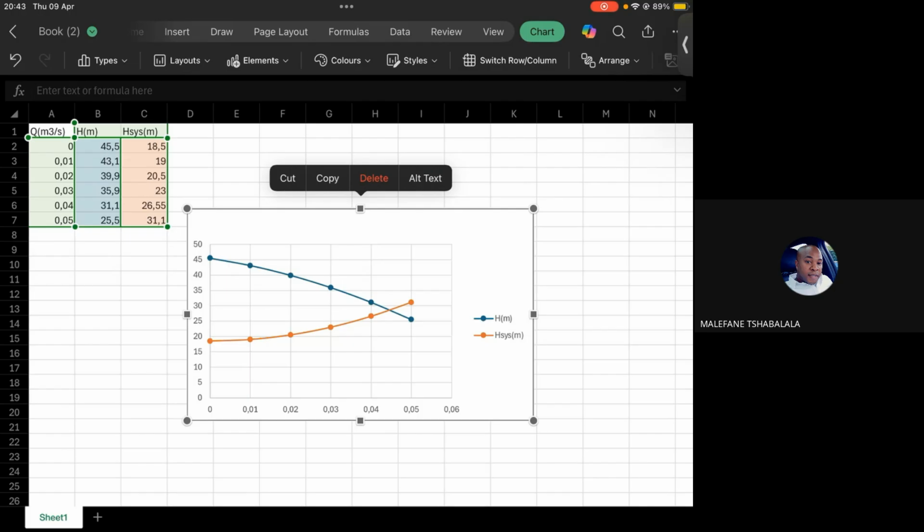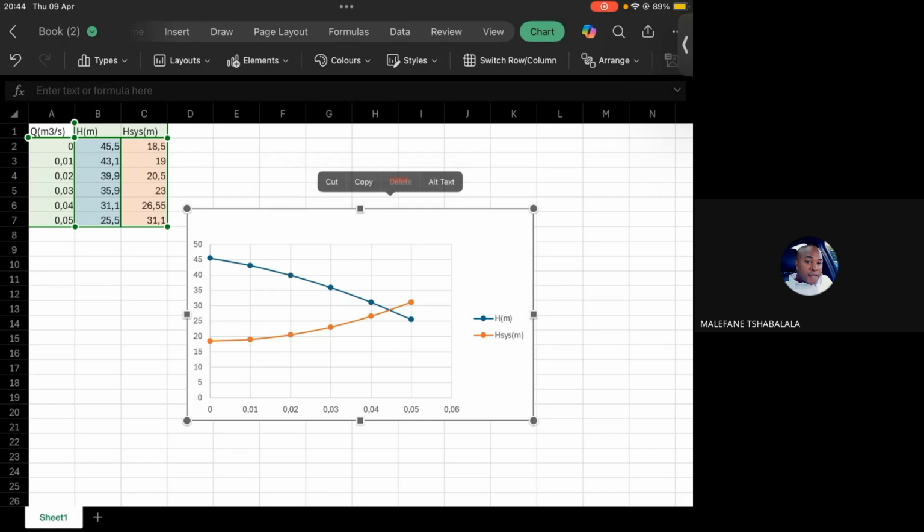Okay. So, as I was saying, I want us now to have the x-axis title and the y-axis title. Yeah, I want us to have the x-axis title and the y-axis title. And then again,